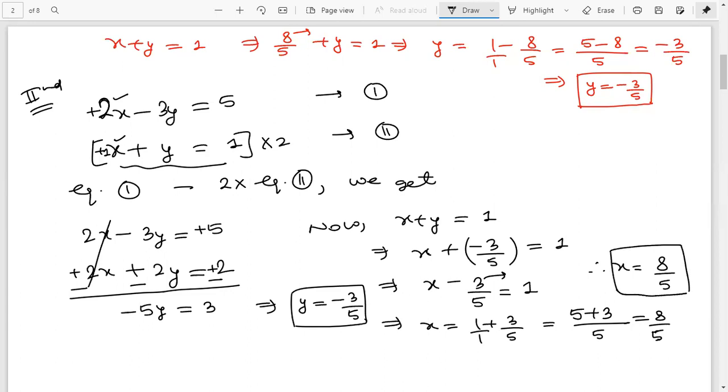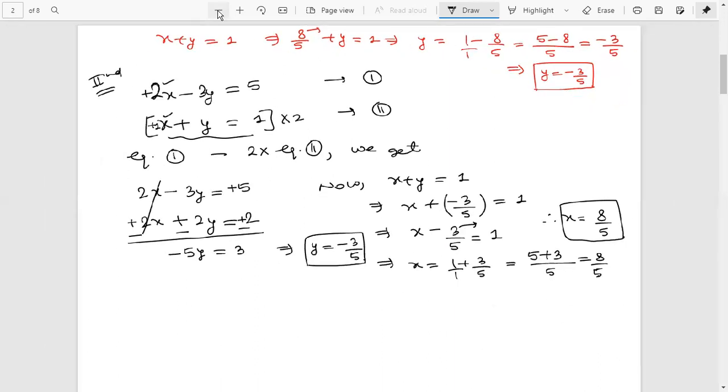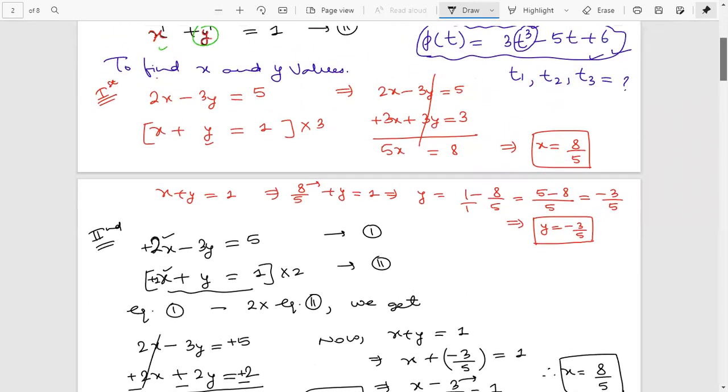Any one we can equate, either x or y. If we are equating y, then we just need to add, because they are in opposite signs. When we have equated y, the values are the same and the signs are opposite. Simply addition will cancel the y term.